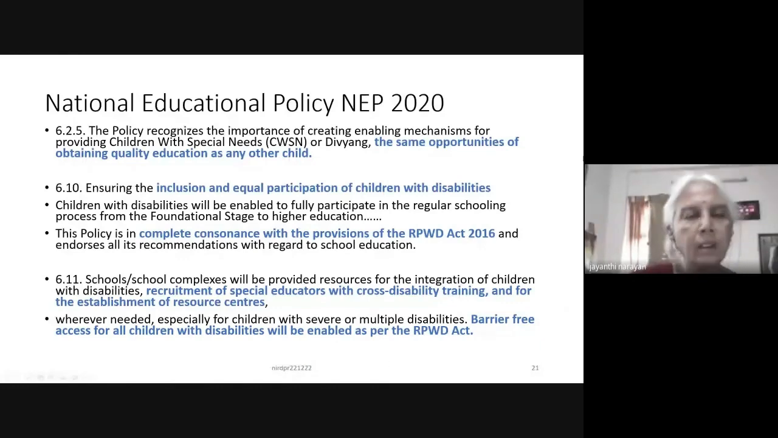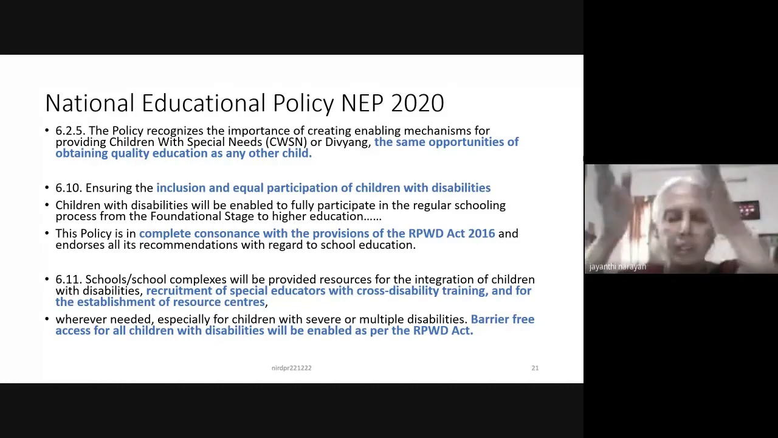Yeah, so these two studies in the backdrop, the national education policy, particularly on disability, clearly highlights that the same opportunities should be given to children with disabilities also, and inclusion and equal participation of children with disabilities everywhere. The numbers you see on the sides are in the policy itself. The policy is completely in consonance with the RPWD Act that we saw earlier. So whatever is mentioned in the RPWD Act as the rights of persons with disabilities in terms of education, the national policy on education agrees to that. So we need to see both of them together to come up with a plan of action in their respective area, particularly